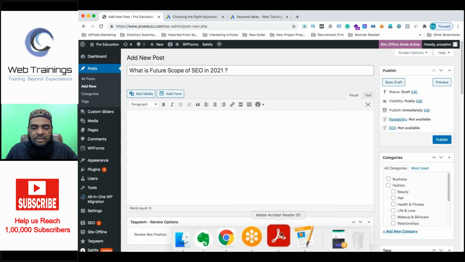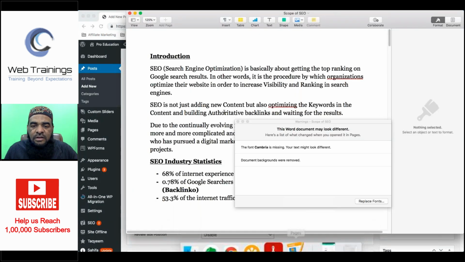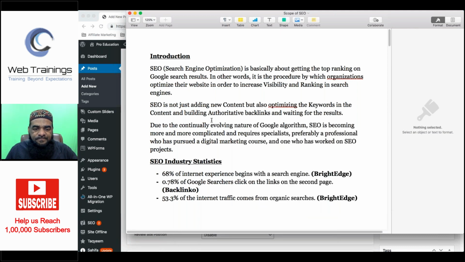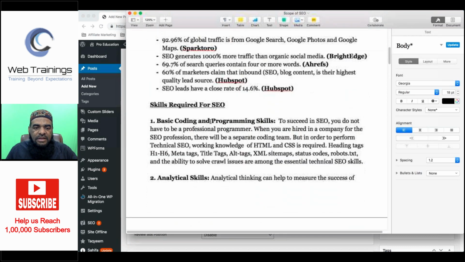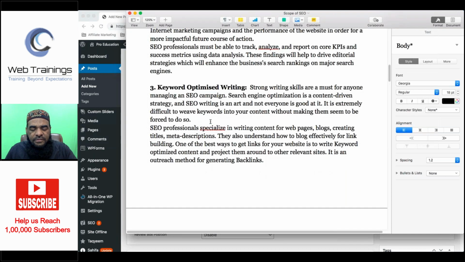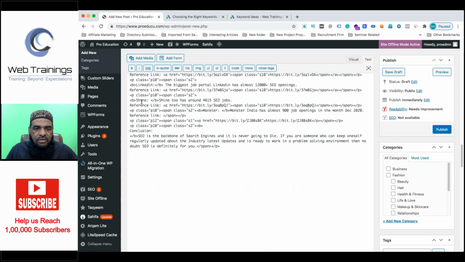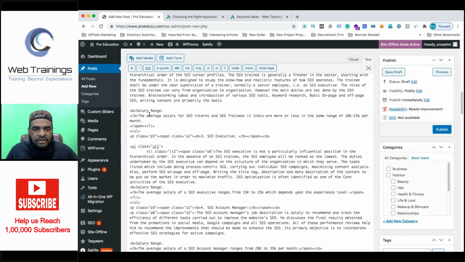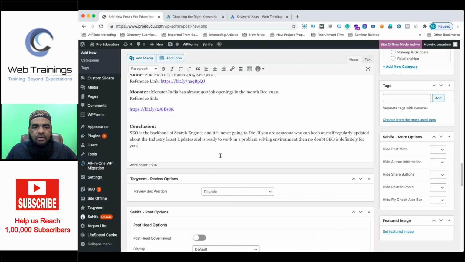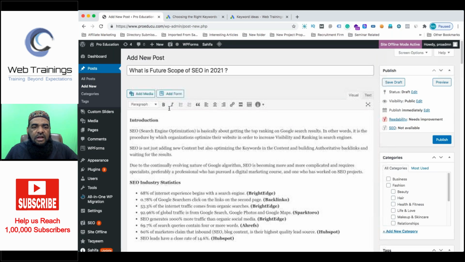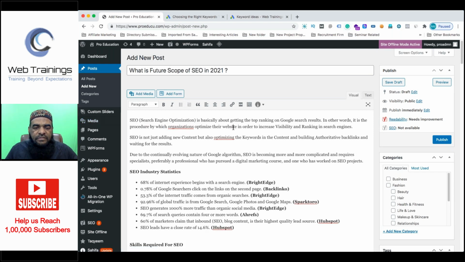By that time we will just copy the article. So this is the article written by my content writer. Okay, so I can just take this entire article, copy this. All right, so let's see the text format. Are we getting the paragraph tag and all? Okay, this we are getting default tags. That's good, no problem. All right, so here is our article. So first, starting with the introduction is not required. The word introduction is not required anyway, so we'll remove it. So this is our article.